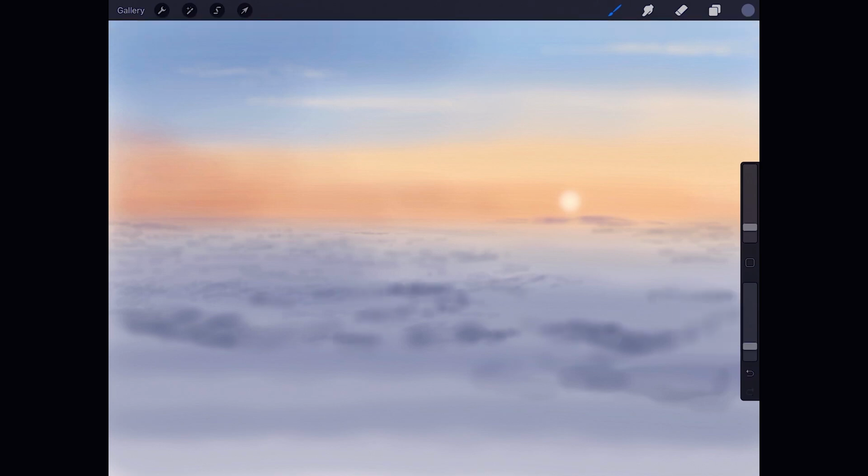And we continue shading, very softly. Of course, there are bigger marks on the lower part, closer by us, and smaller at a distance.